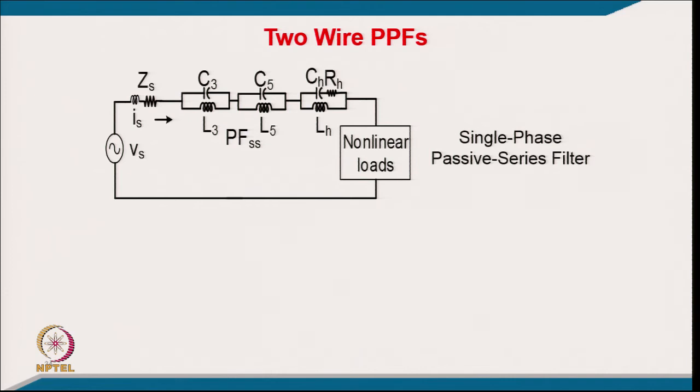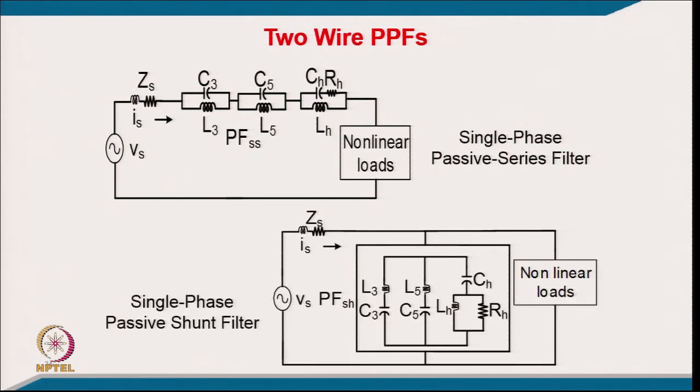also. We are bringing this current very close to the sinusoidal by pushing a passive element in series with the load. So, they are also known as a passive wave shaping circuit. This is series in 2 wire single phase, and this is the shunt, like how they are connected, like a third, fifth and high pass. So, normally with the minimum configuration you are tuning third, fifth, and this you tune on 7th and all higher order. L and C are tuned for 7th, and then accordingly the quality factor is decided so that it takes care of all